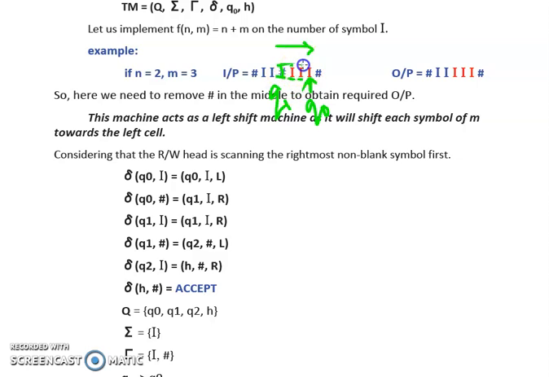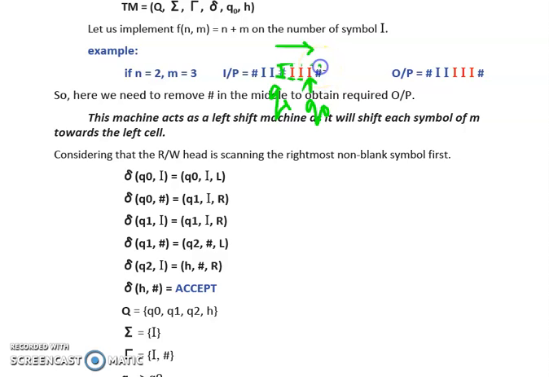So we have reached this particular I. Now once we have reached this I, again we are on the state Q1 and I will be replaced by I only and again we move to the right direction. So on moving to the right direction, we have reached the last I. As we have reached the last I, it will again be replaced by I only. Now as we can see the input over here, we know that this is the last I, but the machine cannot identify that this is our last I. So the machine will decide that this is the last I when it reaches the hash.